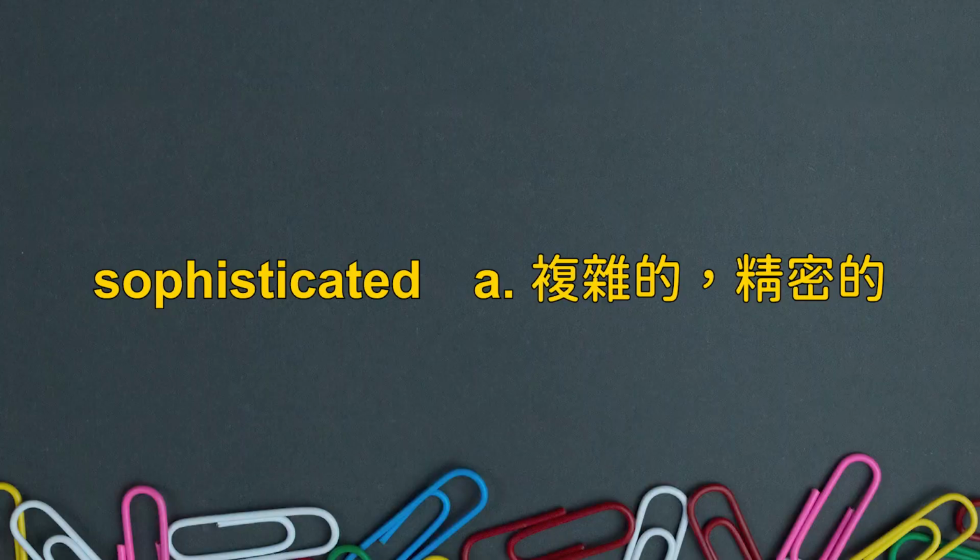Easy as pie. So I said another word, sophisticated. This means advanced. Sophisticated is S-O-P-H-I-S-T-I-C-A-T-E-D, sophisticated. The opposite of advanced and sophisticated is simple,